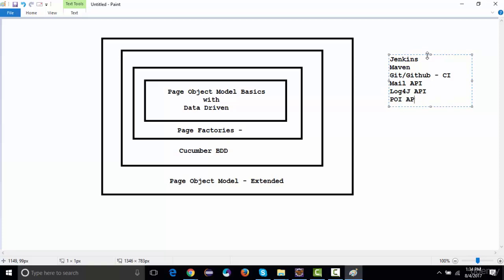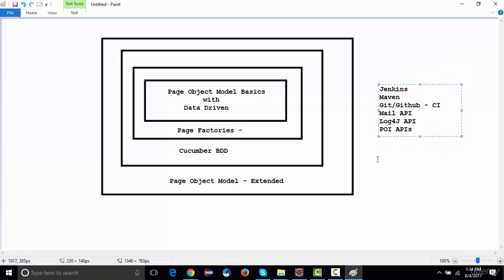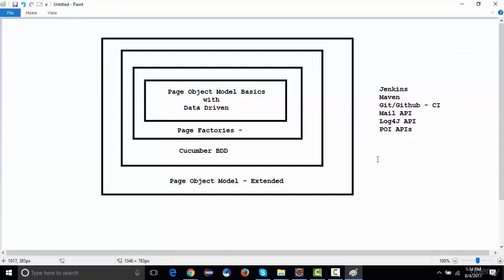So all these things will remain the same as we have used in our previous data-driven framework. So this is what we will be designing, and this is going to be a very huge project, right? So let's start with designing the very first page object model basic framework.